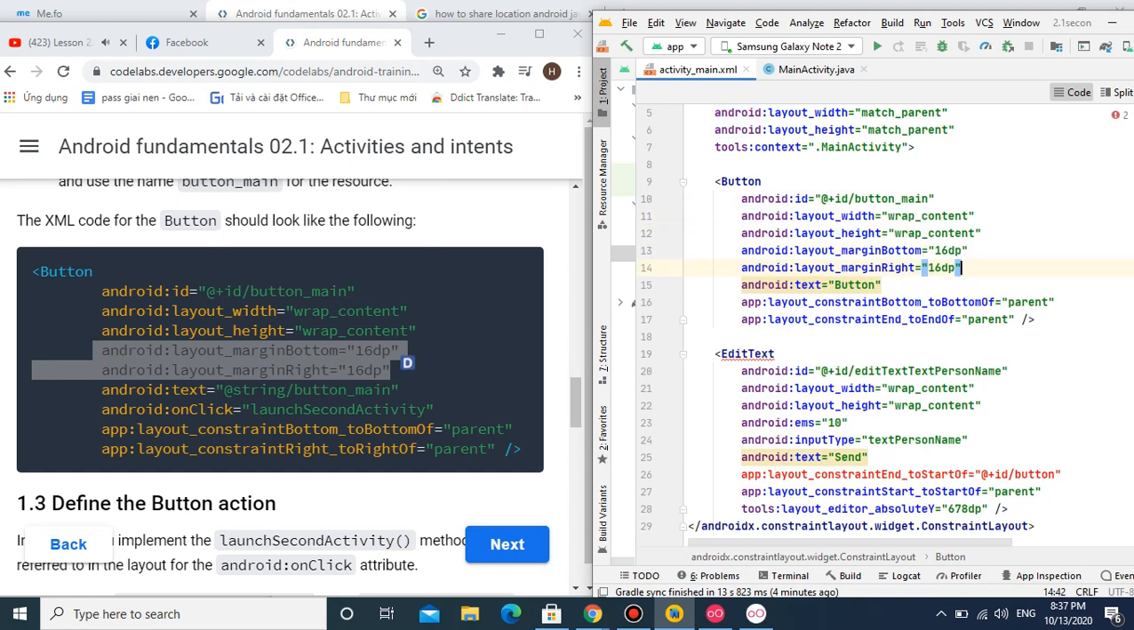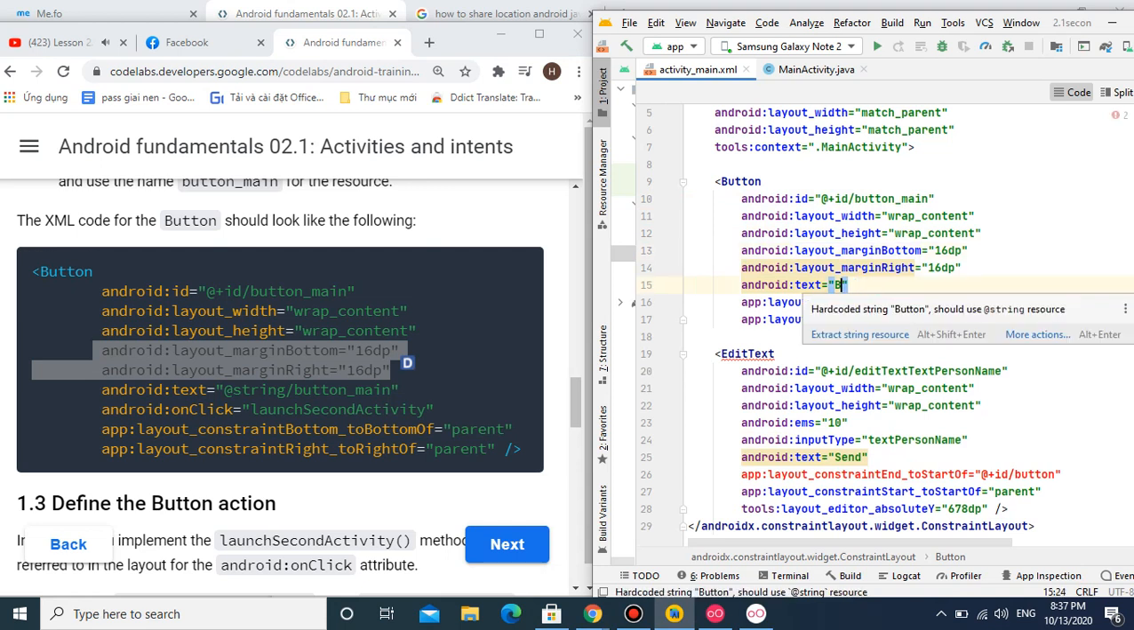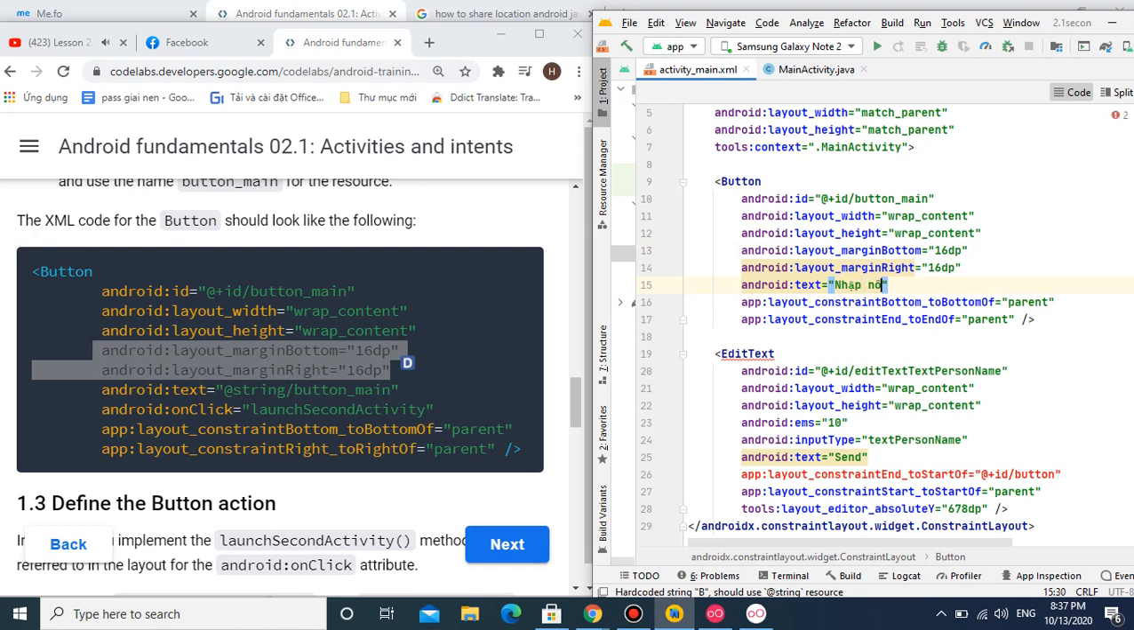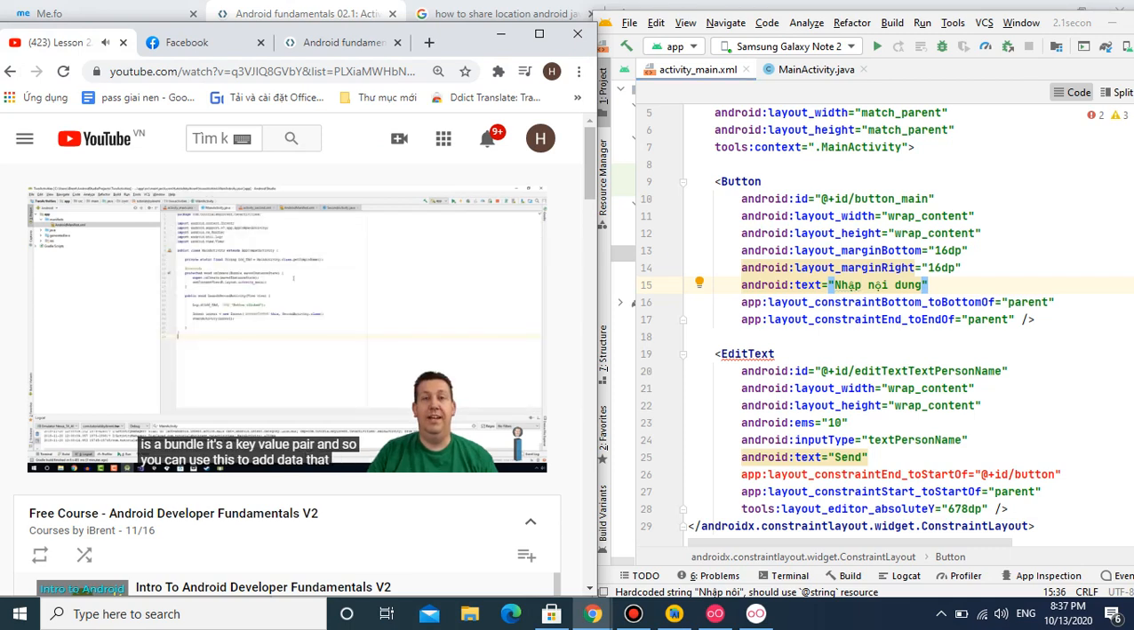Choose OK. Let's go to the MainActivity.java class, and here we want to add an extra to our intent. An extra is a bundle, it's a key value pair. And so you can use this to add data that is passed